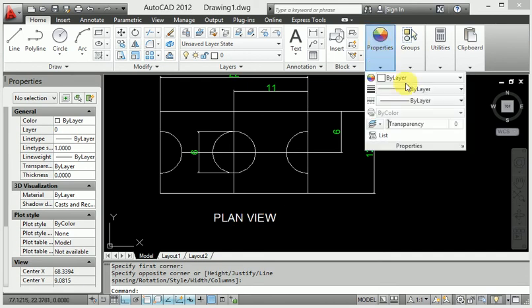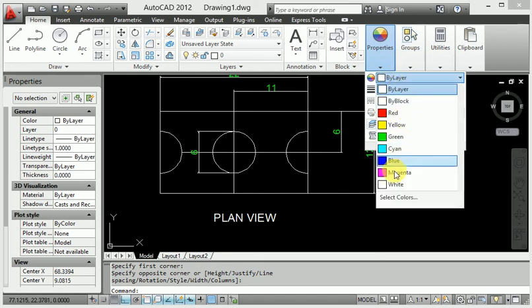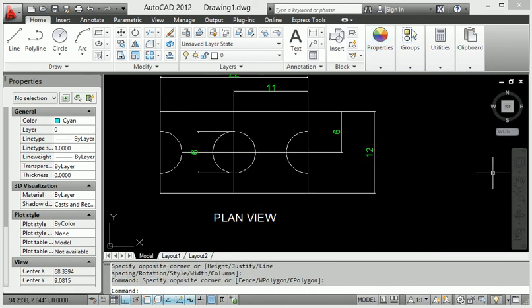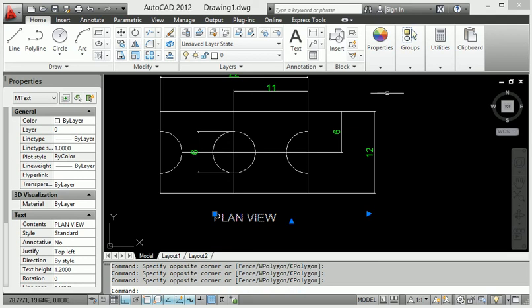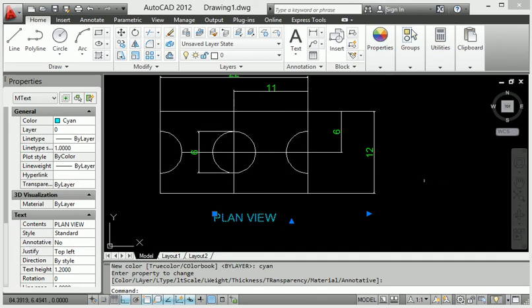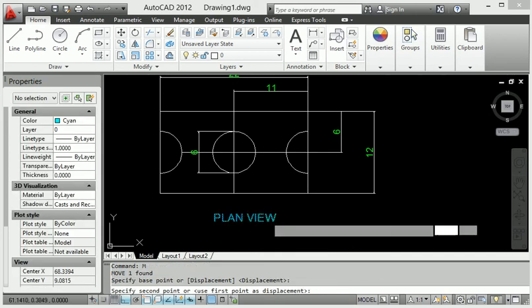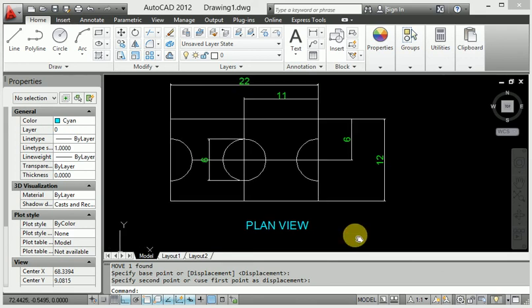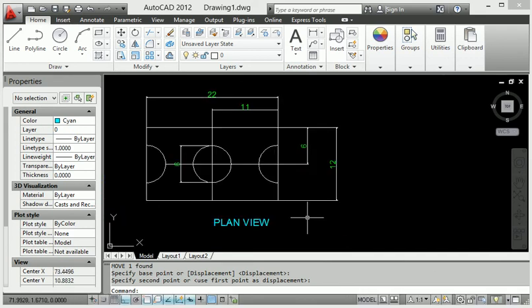When you provide the color, there are many different types of colors available. When you choose from them, it gives the color. Right now this provides the color, but today I am not clicking any command, I am just pressing Enter.